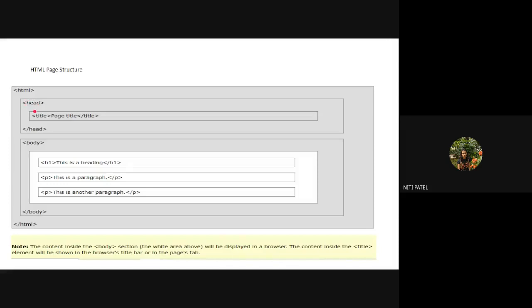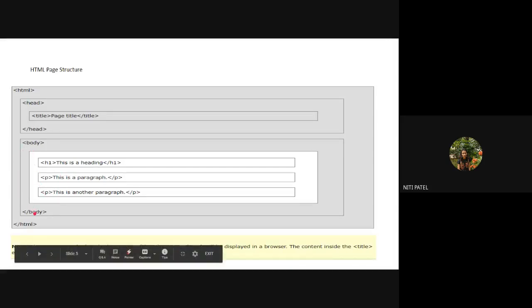Inside the head tag, we always specify the title of the page, and then we close the head tag. Then we open the body tag. We write whatever we want inside the body tag by using certain elements or tags, for example heading, paragraph, and so on. After we have written everything, we close the body part, and then we close the HTML part.